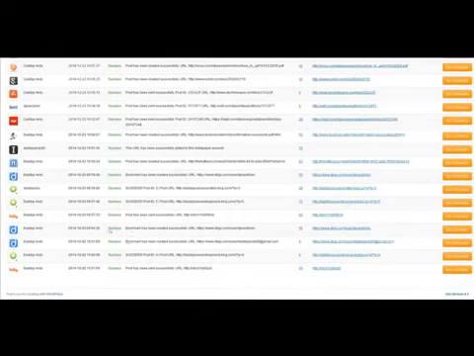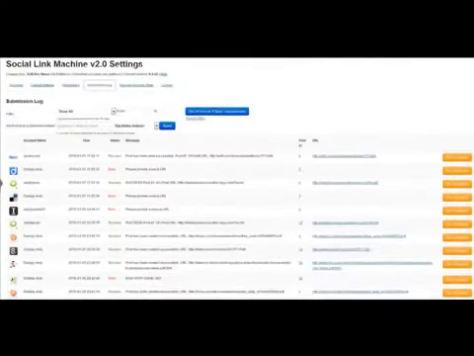But you can see if it posts successfully, it says success, and it also tells you all of the links and URLs here where it has created a post that points back to your site. Okay, and it also tells you the platform and the date and time as well. So we can see today's date is the 7th, and you can see that it's posted the 6th and the 5th. So it's organically created these backlinks